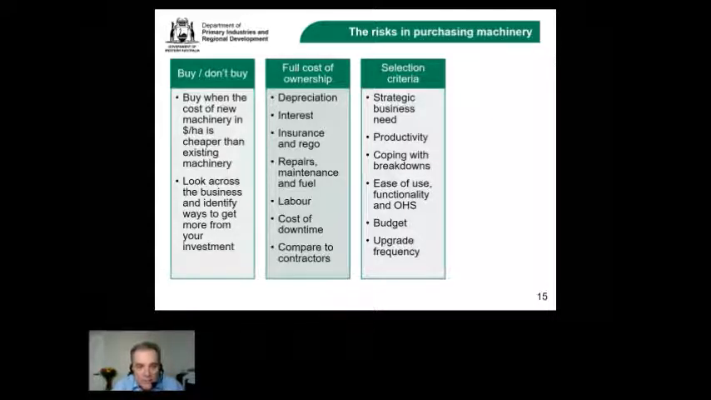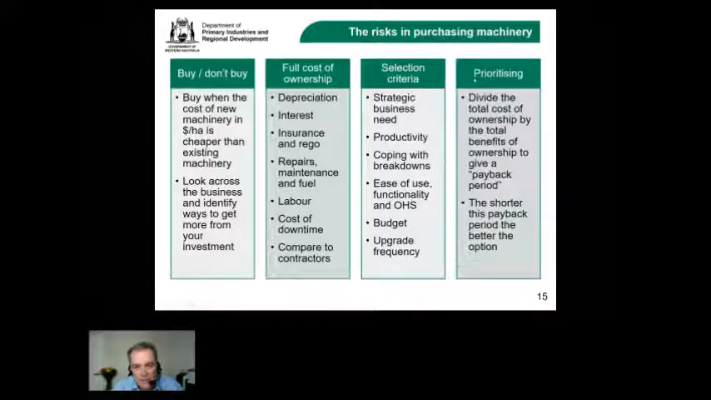What are your strengths and weaknesses, and what are you trying to address from that financial health check you did? What does your budget allow you to do? When did you last upgrade? What is the ease of use and functionality and the safety issues with that equipment? How well and quickly could a breakdown be dealt with? So there's lots of non-financial considerations in terms of buying plant and equipment that you need to take on board. But if you want to take on the financial considerations and prioritize between different options, one thing you could do is